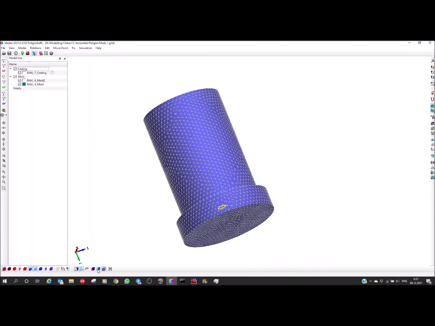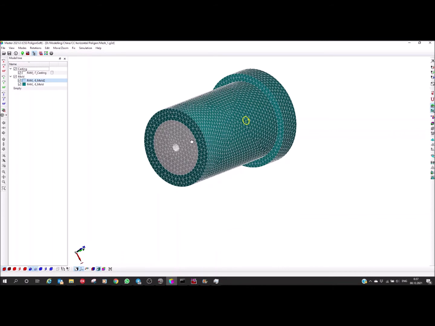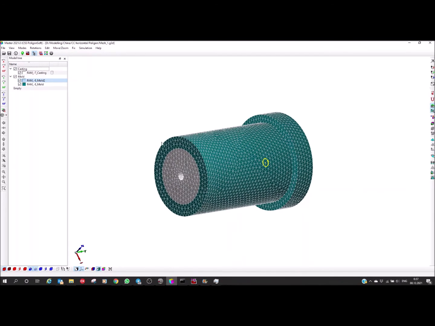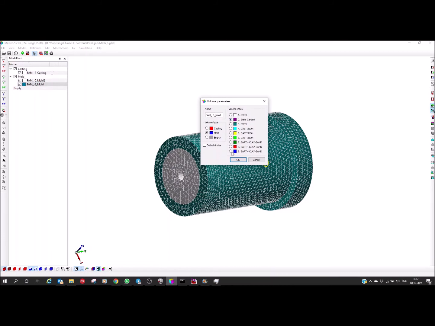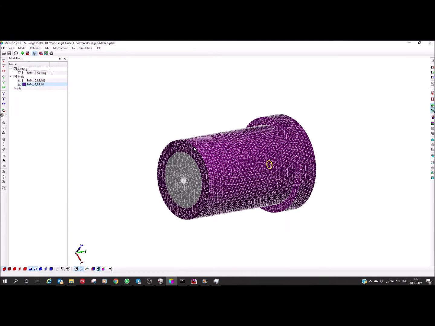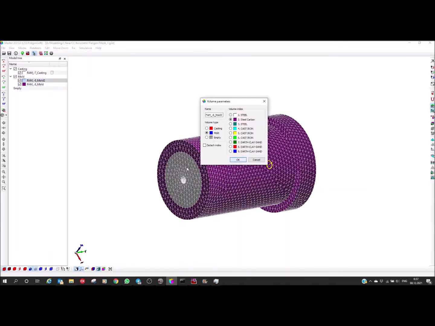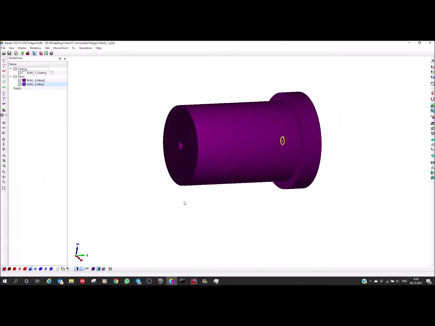I can switch on volume indexes mode, and these indexes in these colors mean mold materials. And if I double click on this mold volume, I see that my steel carbon is here. It's number 2. I will check and press OK, and the color was changed. And I double click here on this part of the mold and select this material and click OK. Now it's OK. I have steel mold